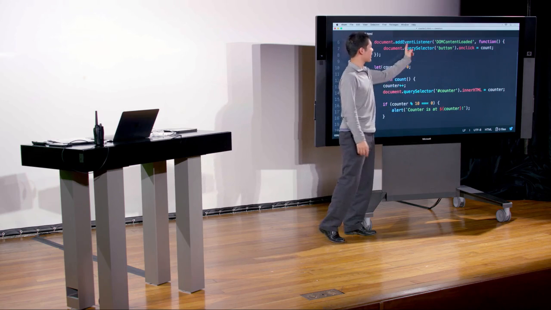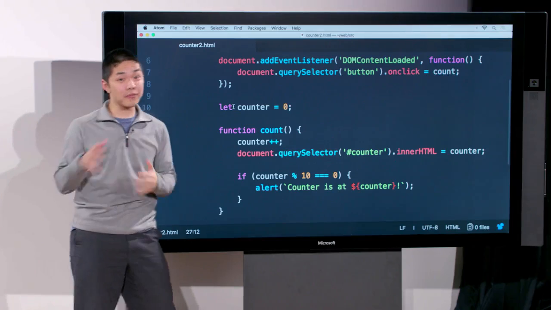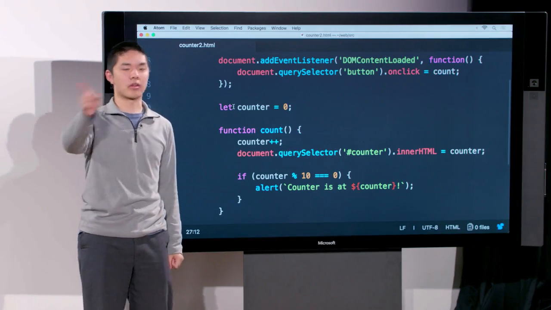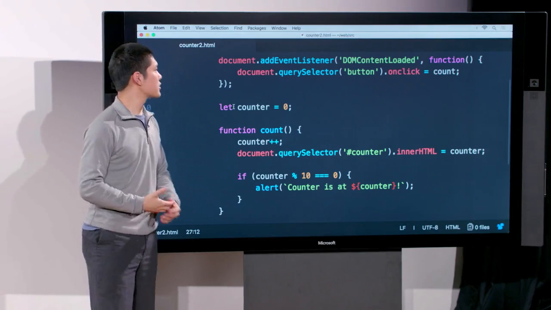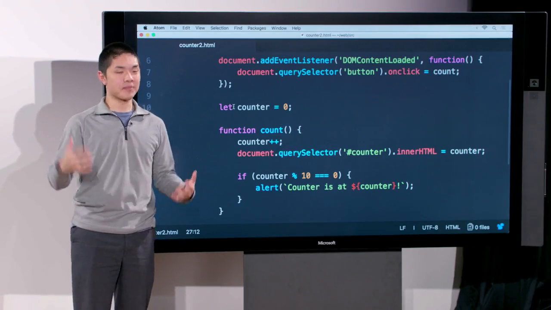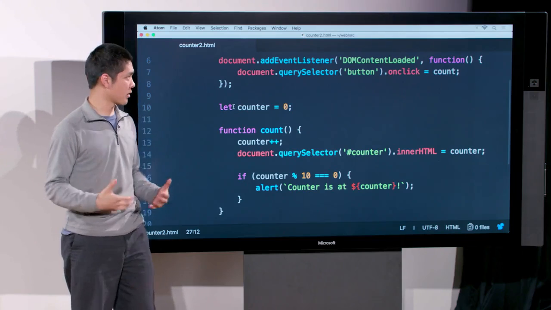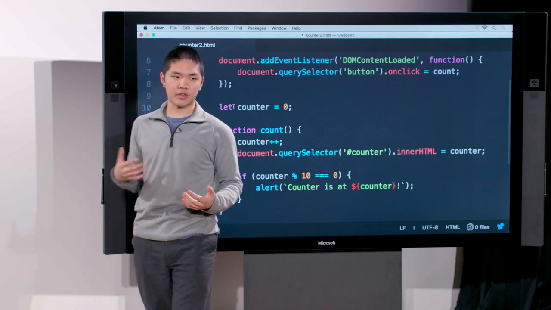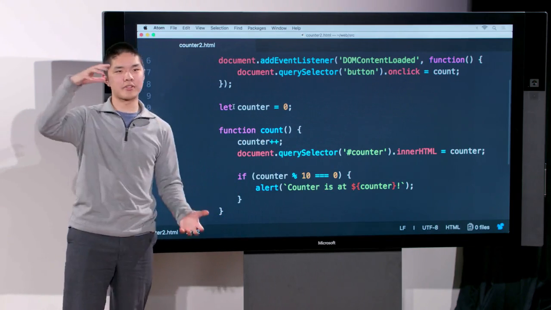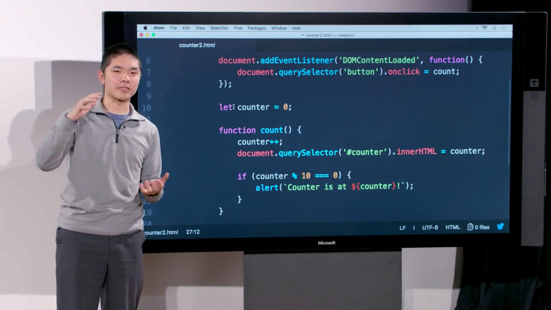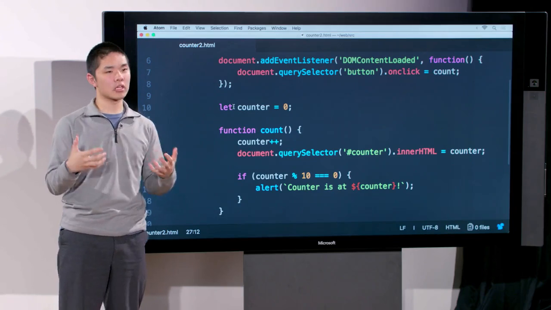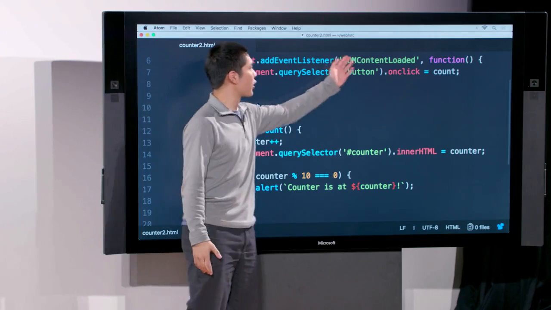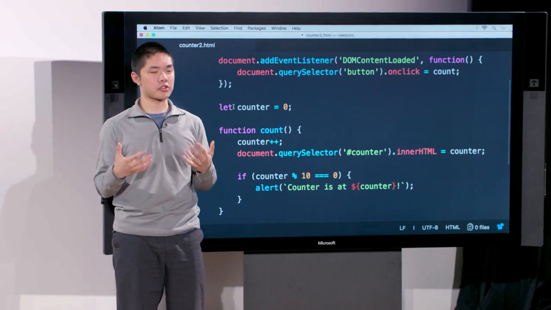document.addEventListener. We haven't used addEventListener before, but we have talked about the idea of events, that when something is clicked on, that's an event. When you mouse over something, that's an event. It turns out that the document, the web page, has an event that almost all modern web browsers support called DOMContentLoaded. That event is triggered when the DOM, the document object model, that structure of all of the HTML tags inside of our page, is done being loaded by the web browser. And so when that is done being loaded, now we can start to do